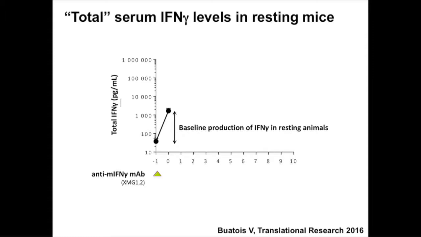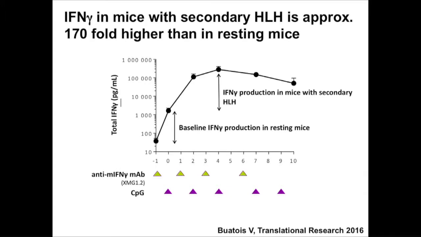Now, in this experiment, we used the CPG model, and administered CPG to the mice, and the mice were not resting anymore, they got sick. And this is the amount of gamma. This is a log scale, so this is 170-fold higher. The total gamma that is being produced by the sick mouse is 170-fold higher,